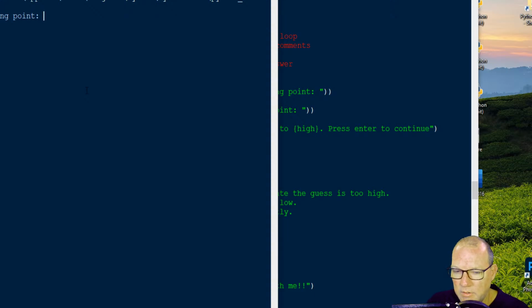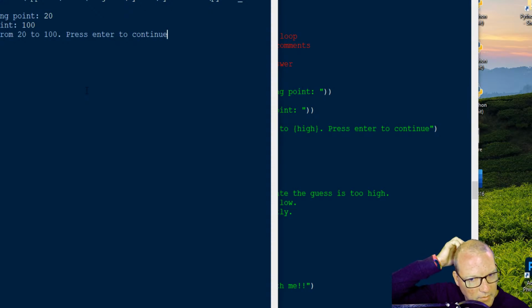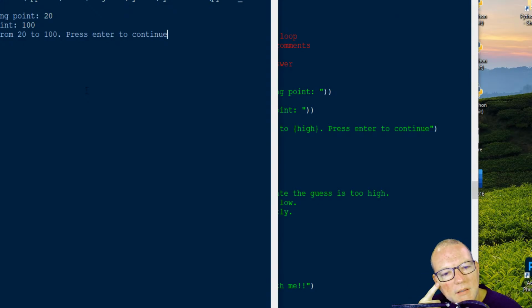Enter a starting point: 20. Enter endpoint: 100. Think of a number between 20 and 100. All right, so let's pick 27.